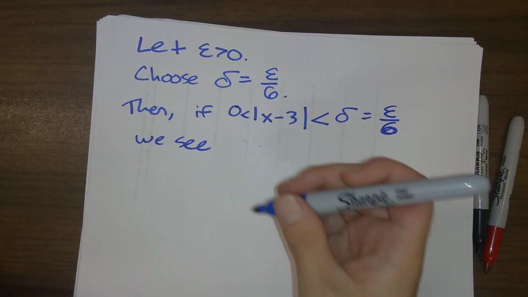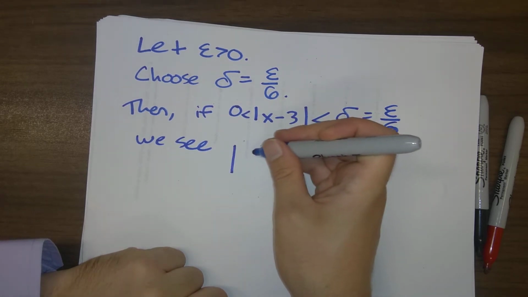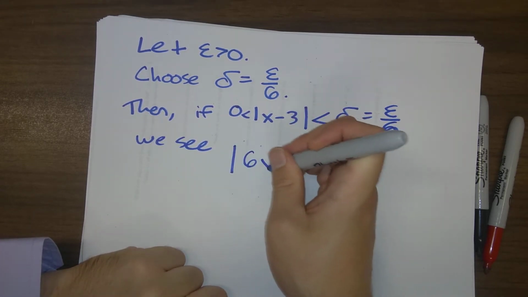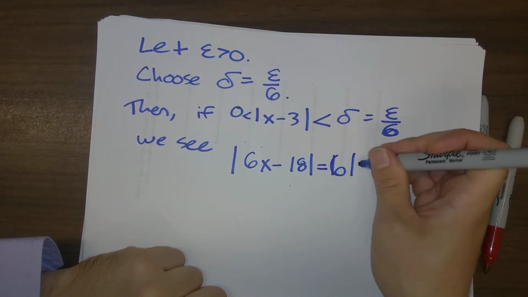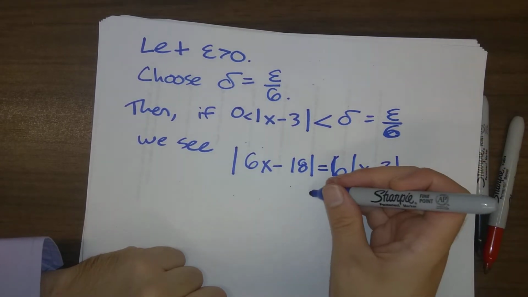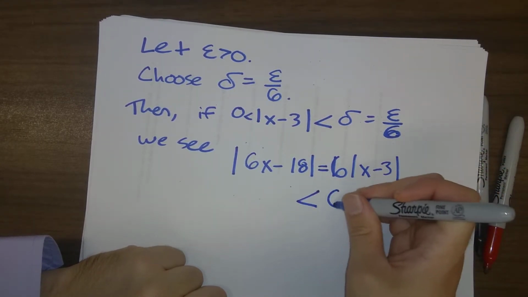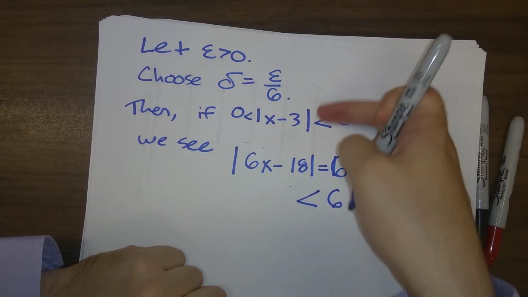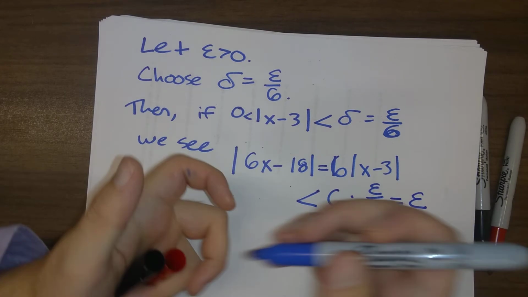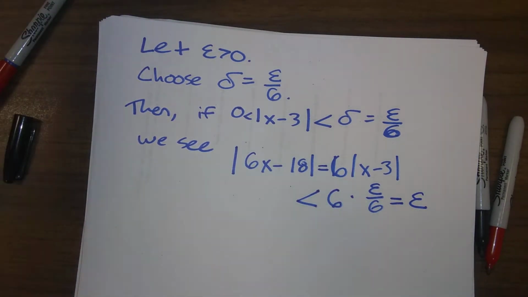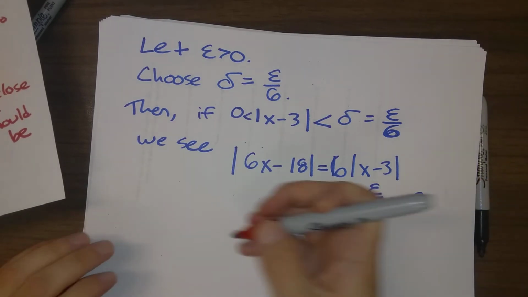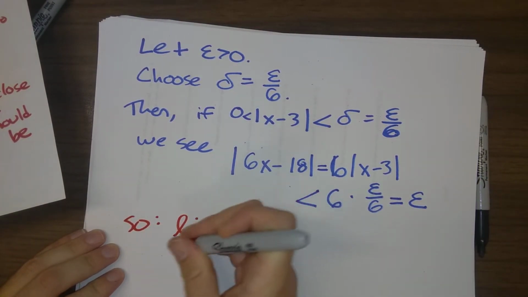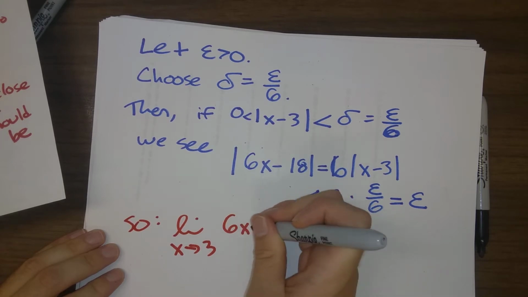we see that the gap condition, which is 6x minus 18, is equal to 6 times x minus 3. So this is less than 6 times epsilon over 6, from this line right here, which is epsilon. And so we have exactly matched what is the formal definition of the limit. So maybe I should write down the conclusion. So we conclude that the limit as x goes to 3 of 6x